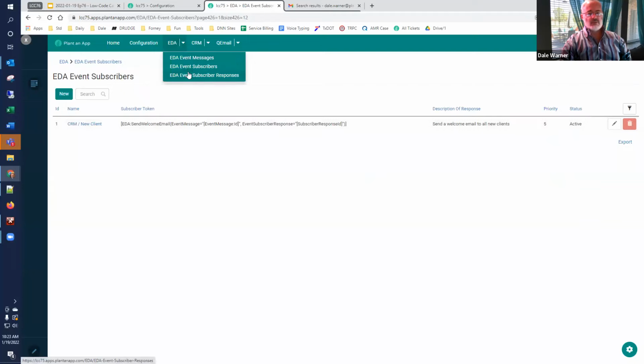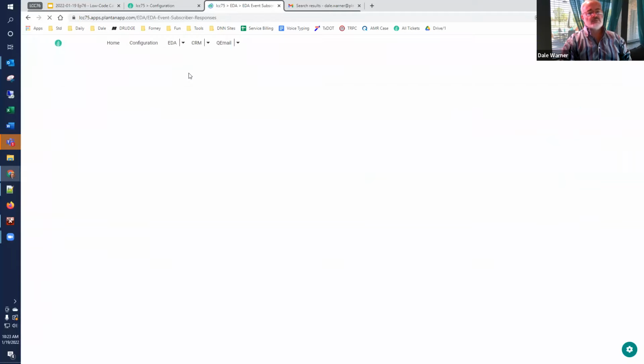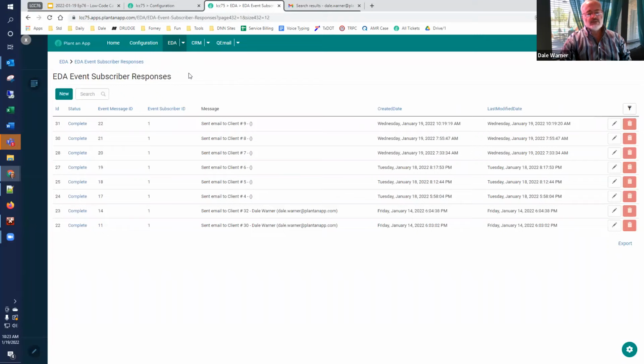We have messages, subscribers, and then the last thing is subscriber responses. So this mechanism automatically creates a pending response as soon as it tries, before it runs the token. And the token, if it wants to, is responsible for saying that it has completed the work and what it did with it. So this is just a way of recording that responses happened